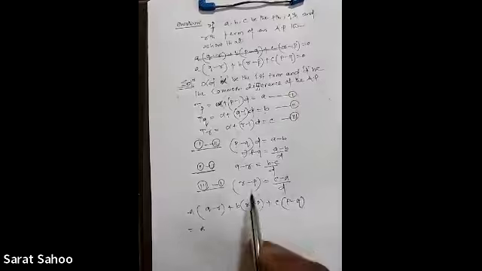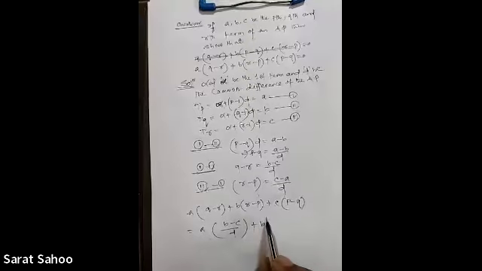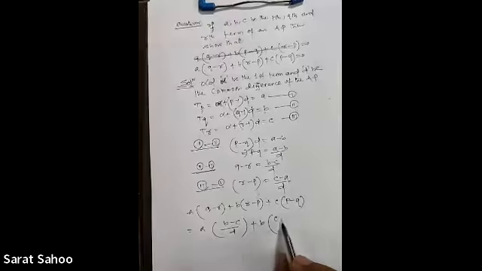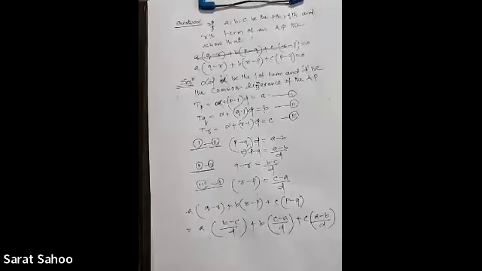This is equal to A into (Q minus R) upon (B minus C upon D) plus B into (R minus P), C minus A upon D plus C into (P minus Q), A minus B upon D. So the LCM of the expression is